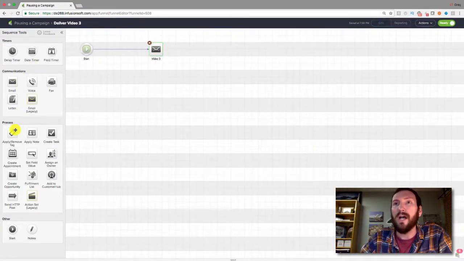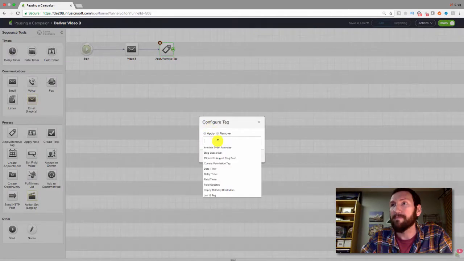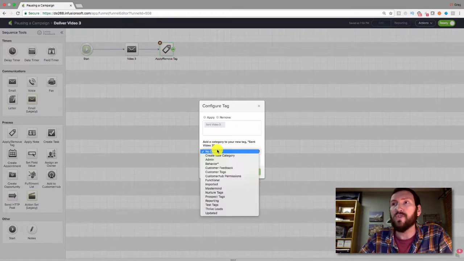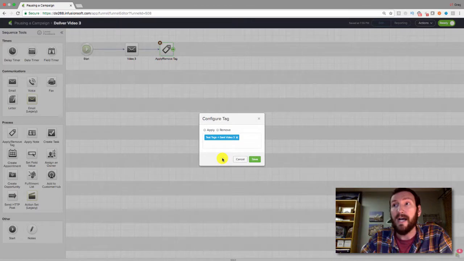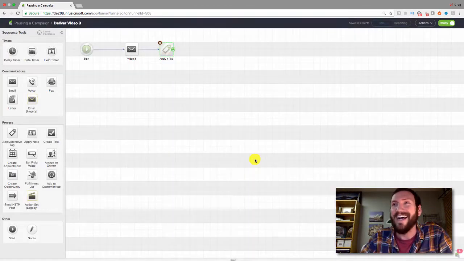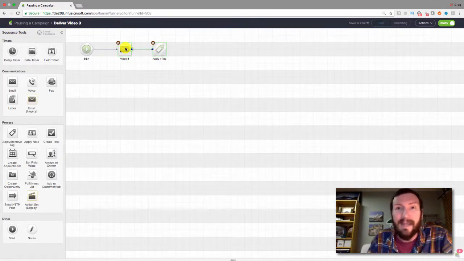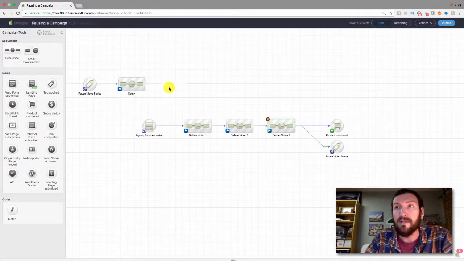And then with this third one, I was going to put it in before it, but we could put it right after it as well. Just apply the sent video 3. The reason I'm doing all three of these is because I realize your campaign might very well have way more steps. It might be much more complicated. In fact, it likely will be more complicated than mine. So you would just continue this pattern for however many steps your campaign has. I get it, there might be a dozen, there might be 50 steps in your campaign. That's why I really don't recommend this as a solution unless you're absolutely desperate.